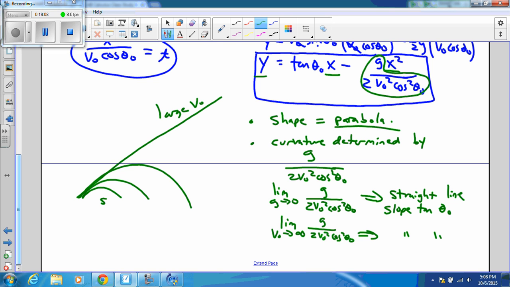On the other hand, if I have a planet that has a really large value of g, then that's going to force my projectile into a tight parabola like this. Whereas if I have a small value of g, then it's in effect the